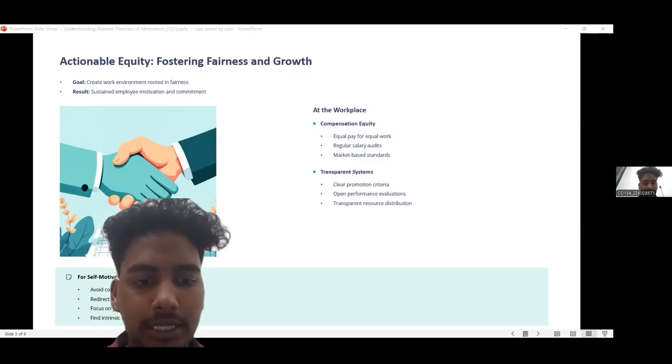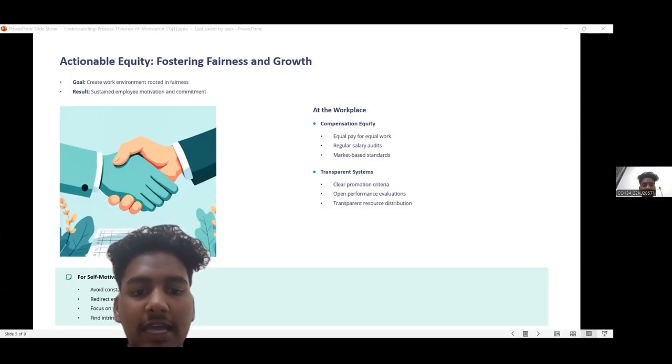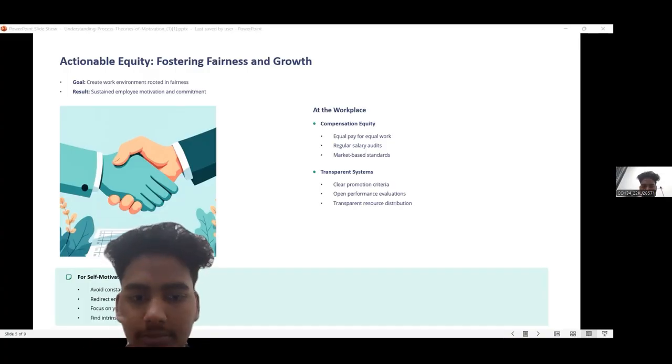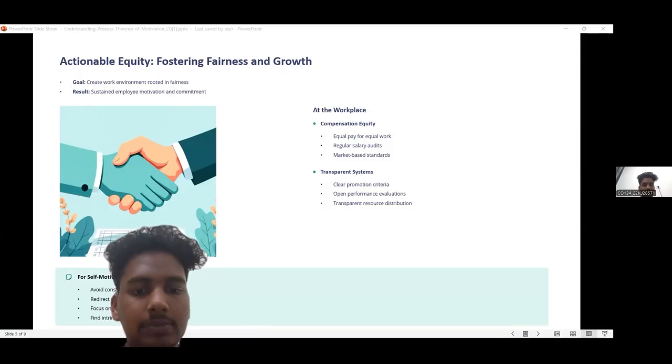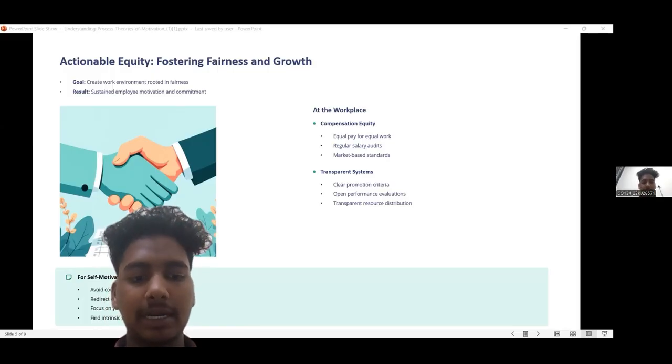Then the equity theory helps maintain fairness, responsibility, and transparency within the workplace. When employees feel that their effort, skills, and output are rewarded fairly compared to others, they stay motivated. The HR department applies this theory through equal pay policies, fair appraisals, and open communication to avoid demotivation or conflict. And for goal setting, organizations apply SMART goals: specific, measurable, achievable, relevant, and time-bound. Managers provide regular feedback and recognition.